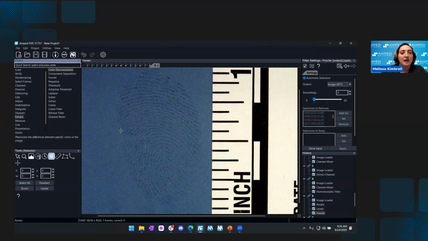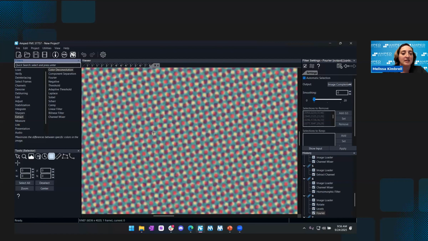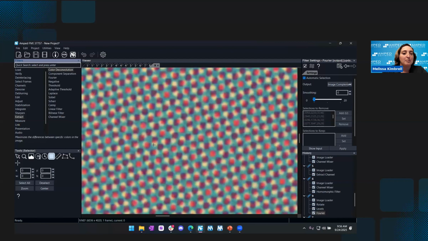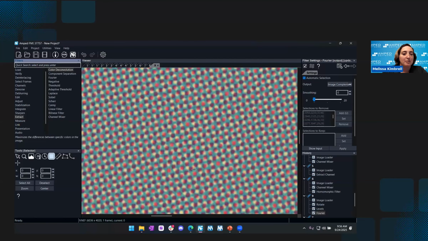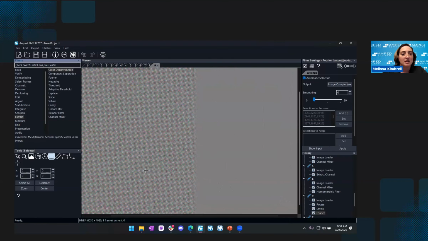And you might say, well, how do I know I haven't affected the print, the ridges? Because ridges are also repetitive, right? So we want to make sure we're not damaging the print. So we give you also in this output dropdown the image complement, and the image complement is simply what we have removed. So I can see that I don't see any ridge detail, but as I zoom in, I see that it is the red and white dots with that blue background that we've removed. So you can also keep this image if you're interested in presenting this to prove that you haven't removed any ridge detail. But I'm going to go back to my image